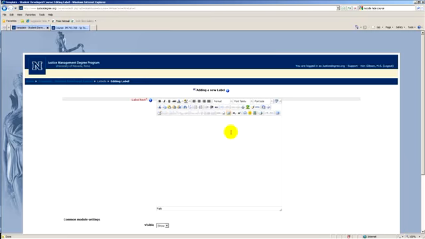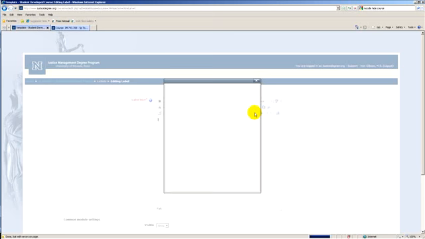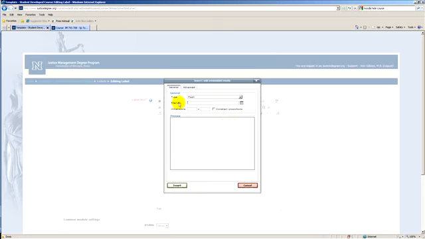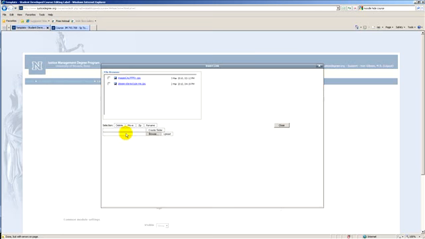For the video clip, there's 2 ways to do it. You can come here and click the Insert or Edit Embedded Media. Looks like a little movie frame there. If you click that, it will ask us for where the file is located. Again, you could click this if you had it here on your local computer, directory, browse, upload if you want